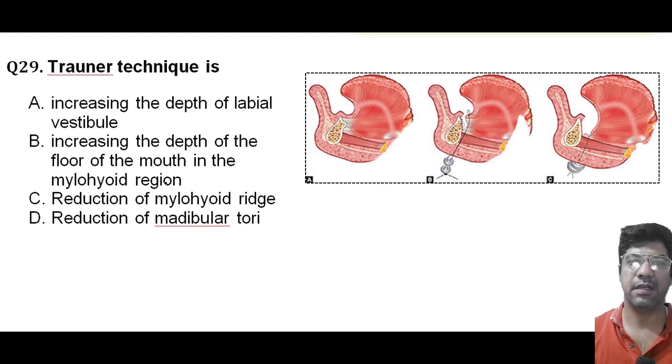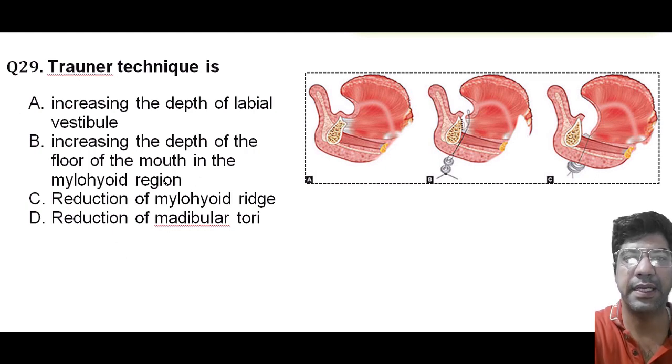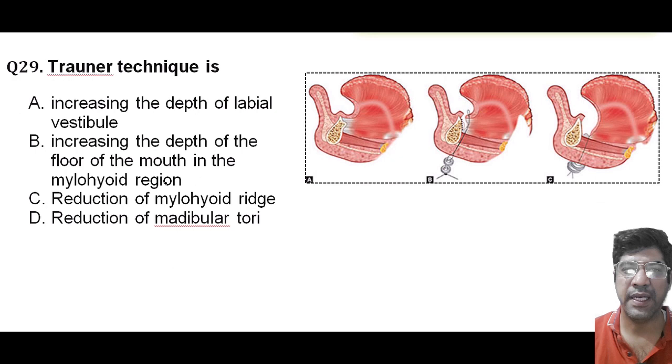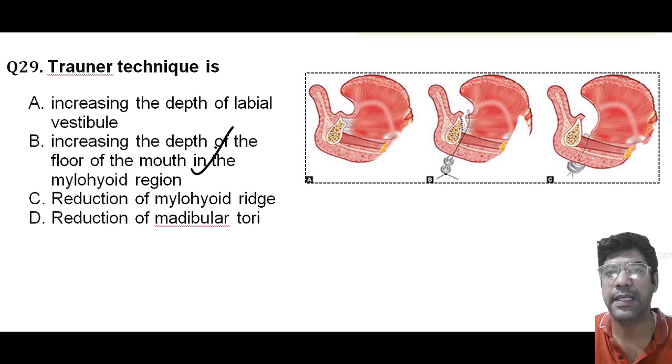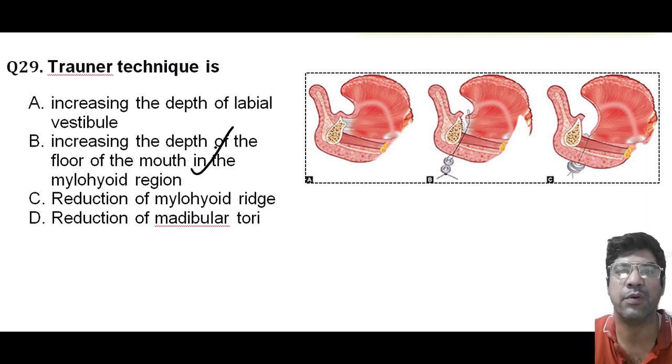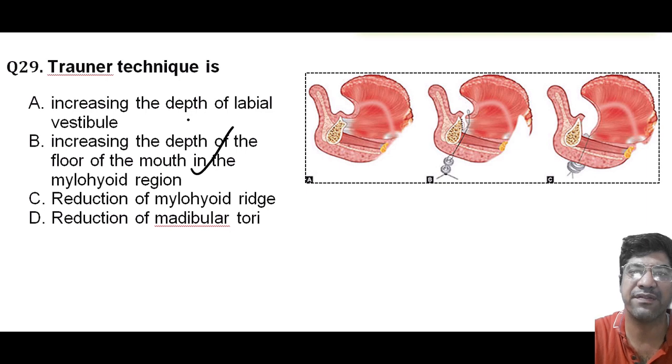Trauner's technique is done to increase the depth of the floor of the mouth in the mylohyoid region. The Trauner technique is a surgical procedure used to increase the depth of the floor of the mouth. What you will do is make an incision on the lingual side of the alveolar ridge in the posterior region,